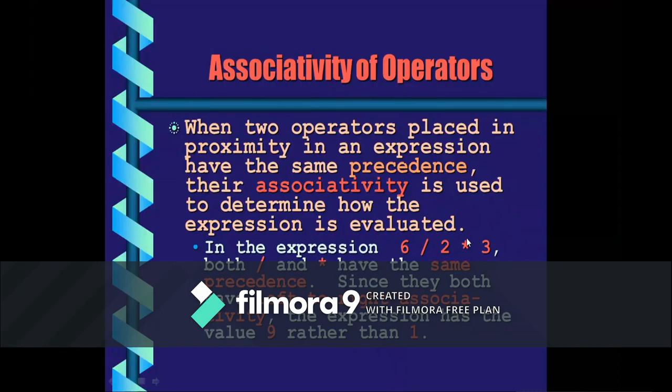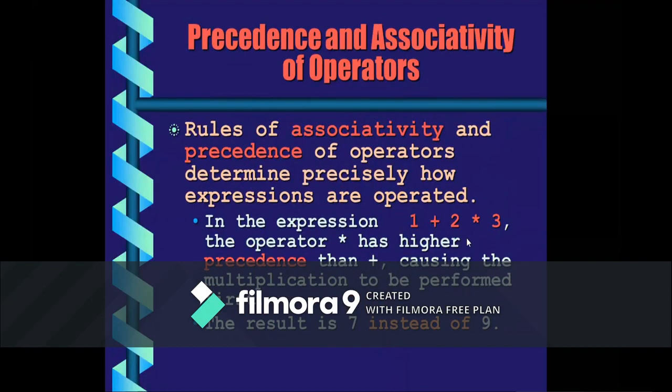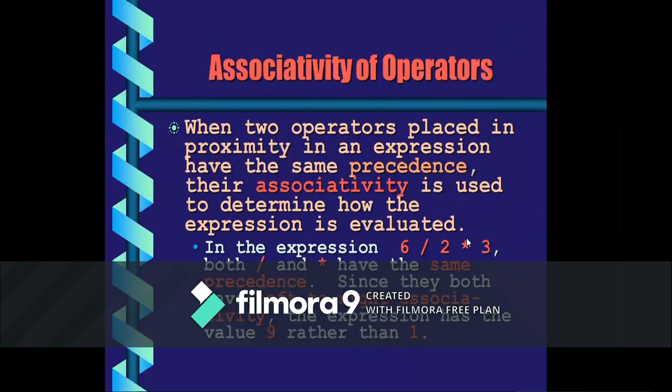In the previous slide, we had different types of operators, one higher-level operator and one lower-level operator. But if you have operators of the same level, what can we do? Here we have another example. Take 6 divided by 2 star 3. These take equal priority. We can't say star has the higher priority or division has the lower priority. In that situation, we treat them with equal priority. So how can we evaluate this expression? For that also we have a rule: we have to go from left to right.